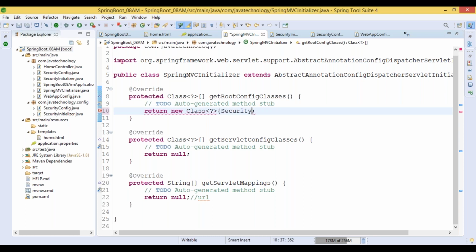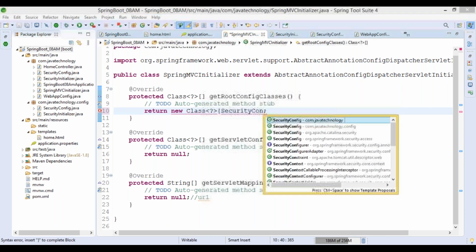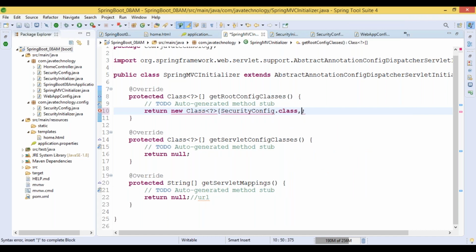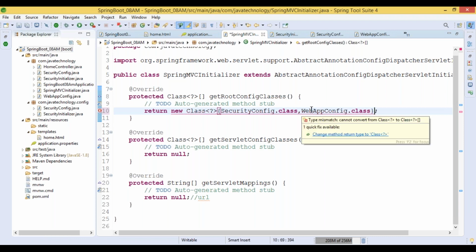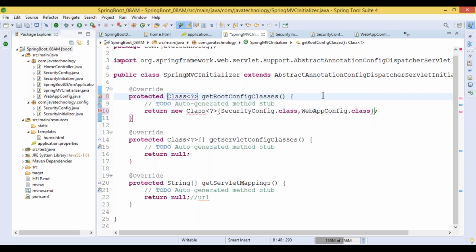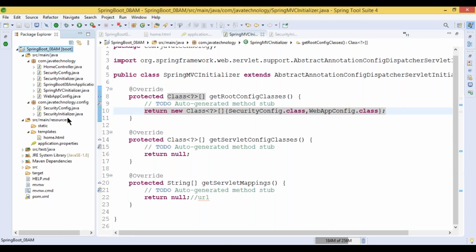One is security, comma, and web app config.class. Okay, what is happening? Let's check if any other issues are occurring.